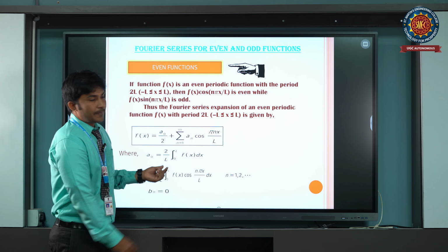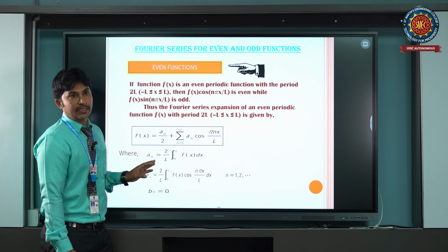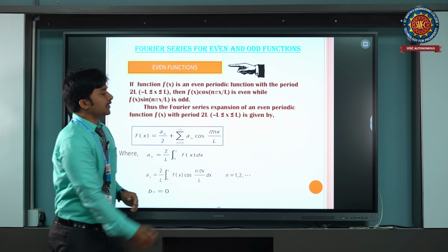This is the even function. For an even function, we only need to find the Fourier coefficients a n and a naught. B n must be 0. Then the graph representation is